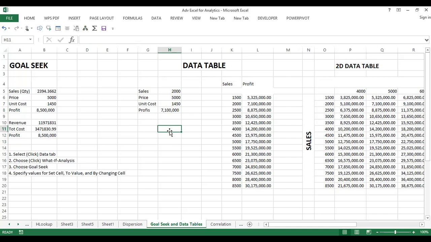You can increase the price or reduce the unit cost. Yes. You can increase the price or the sales as well. You can increase the price or reduce your unit cost. Okay. Which do you think is the safest thing to do? My question is,